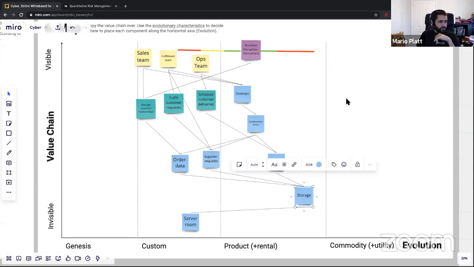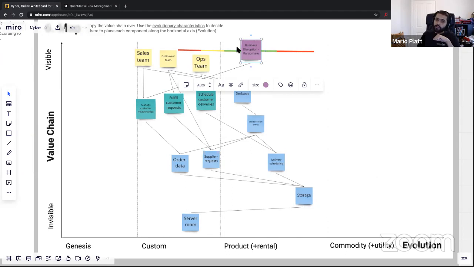Avi will be coming in soon. I think he had some more ideas on how to potentially talk about risk, using this value chain as an example. One of the suggestions I came up with was, instead of thinking about risk throughout the whole chain, we could have a representation of the type of risk we're talking about, in this case, business disruption and ransomware. And what I've done here was use the